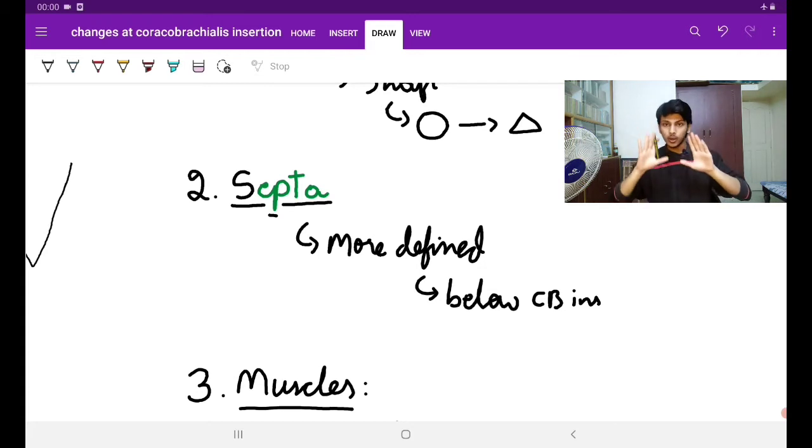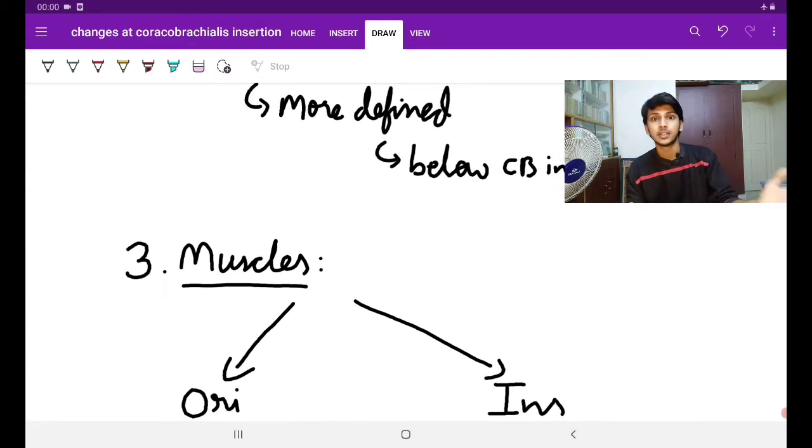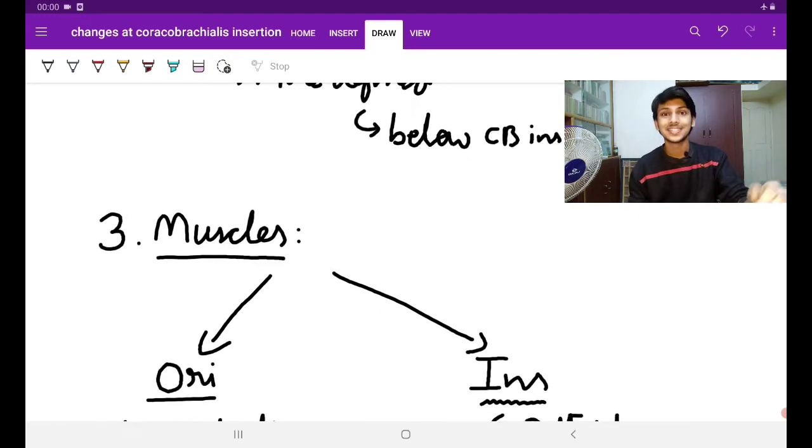Guys, in the lower end of humerus, below the level of insertion of coracobrachialis muscle, they'll become more defined. They become strong, shiny layer, like a sheet they will appear. In the upper end, not so clear. We have seen it in dissection. Now, the lower end, it's much more clearer. And even the brachialis muscle is taking origin from the anterior intermuscular septum, like the anterior part of the medial and lateral intermuscular septa over there. That's a beautiful concept. We'll study that again.